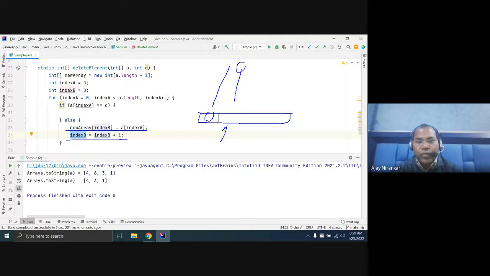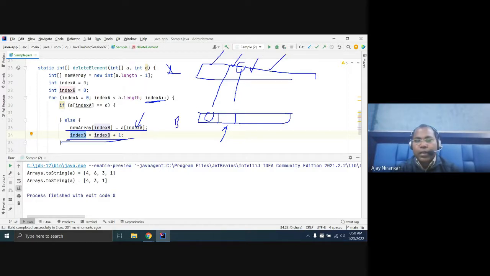Due to this we have to increase the index by one, so that the next time you copy a value, it goes to the next place. Similarly, index A is incrementing from here, and index B we are incrementing here. This, then this, then this.